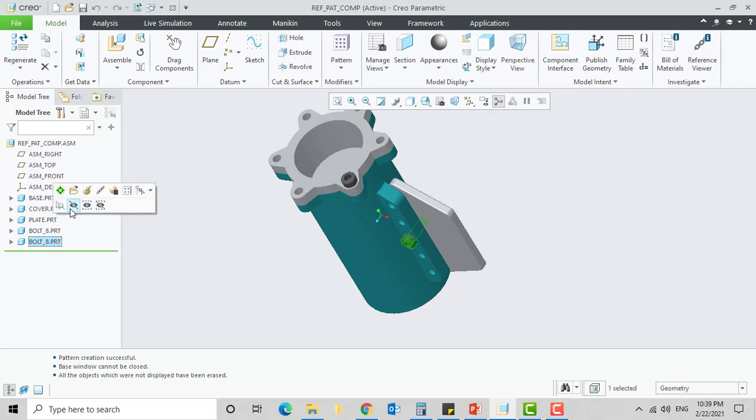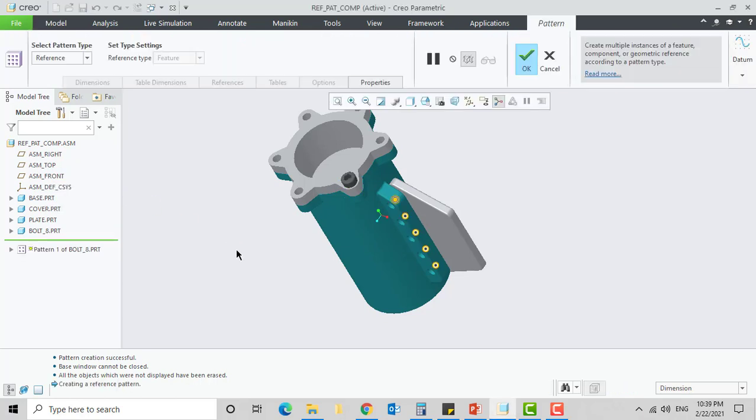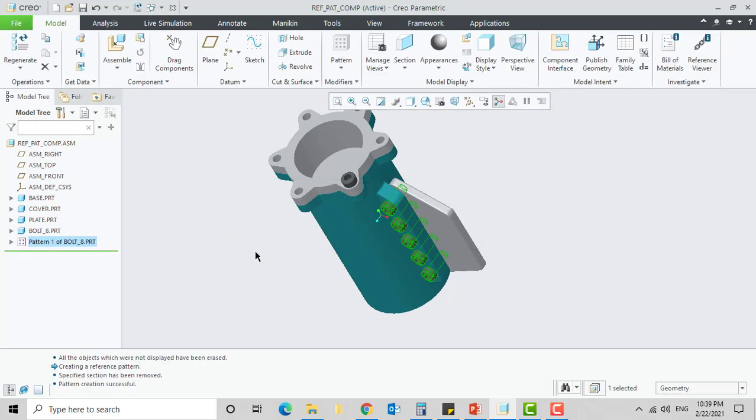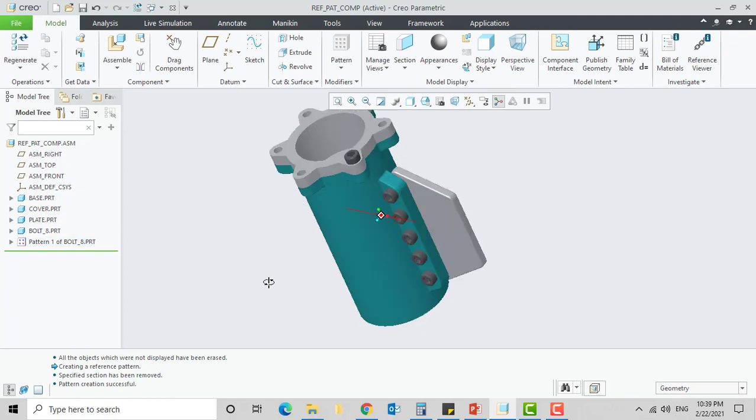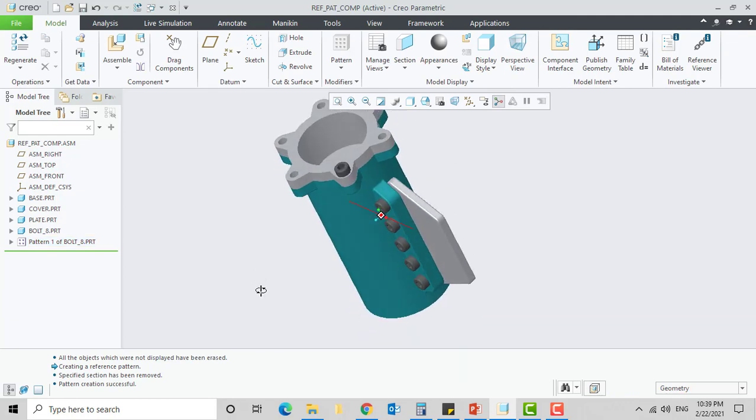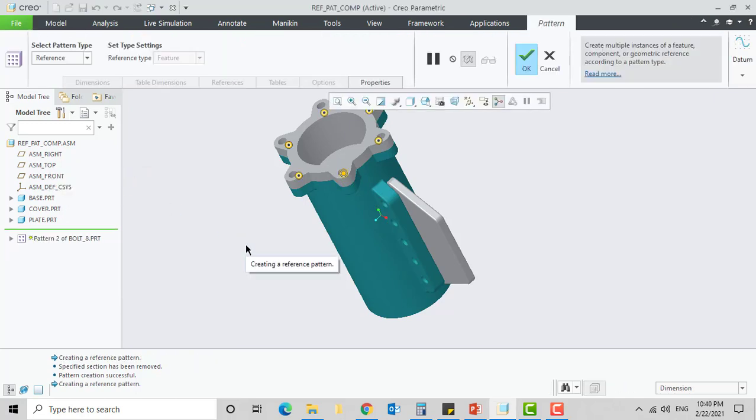With the last bolt_8.prt selected, click pattern, complete feature. Now edit the selection filter to part. Select the top bolt_8.part from the graphics window and click pattern. Now see what happens. Click complete feature.